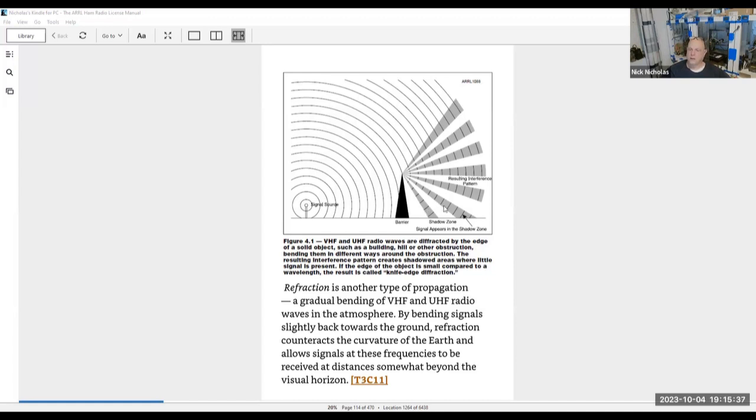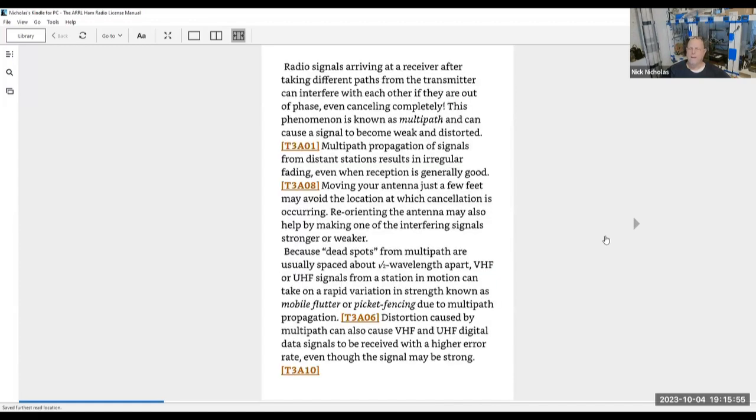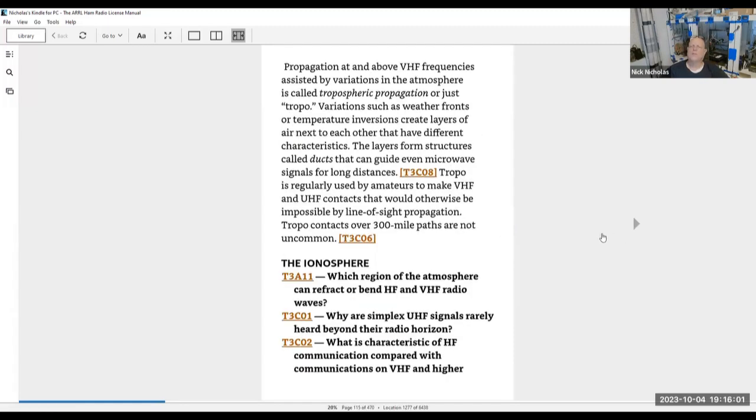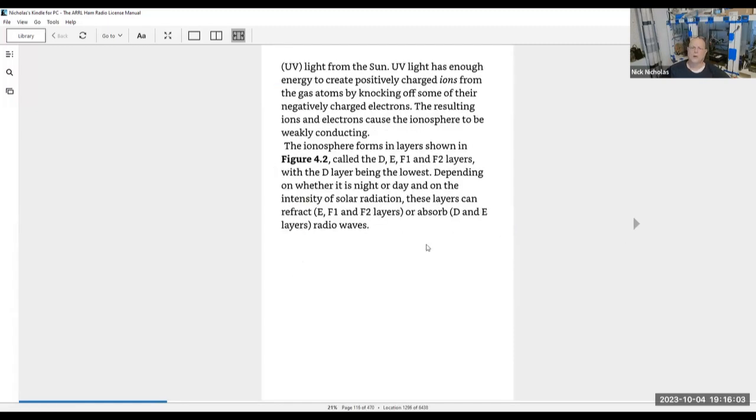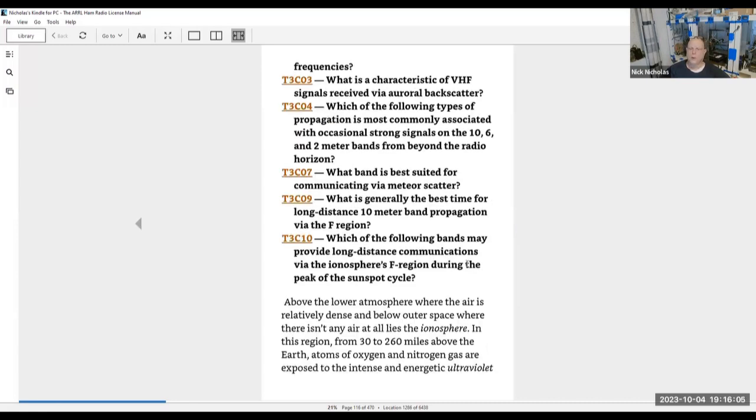It's amazing that things like buildings can refract radio waves a little. So a radio wave travels in a straight line. It can get blocked by an object. It can overcome that by refraction. It can also overcome that by reflection. And one of the methods of reflection that we're going to talk about is that it bounces off the upper atmosphere, called the ionosphere. Your book in chapter